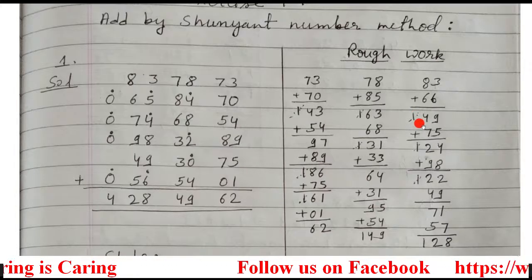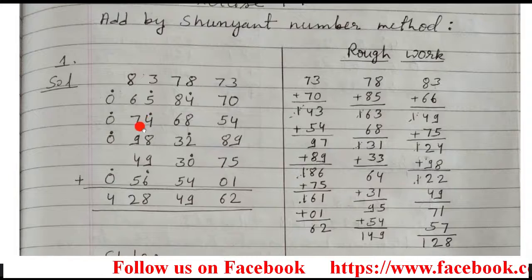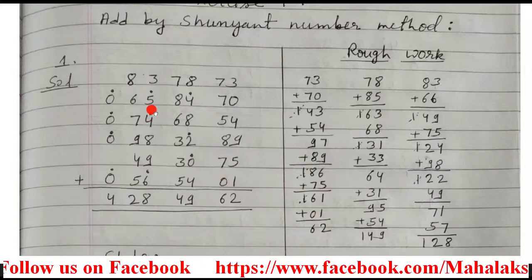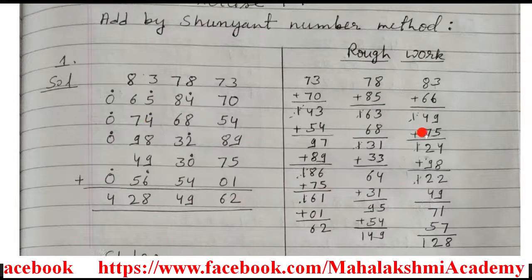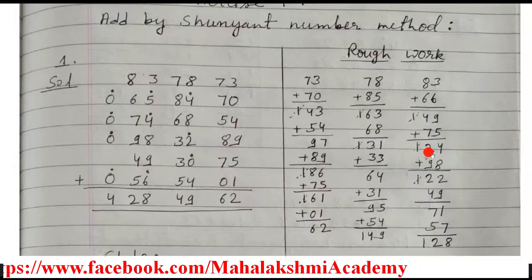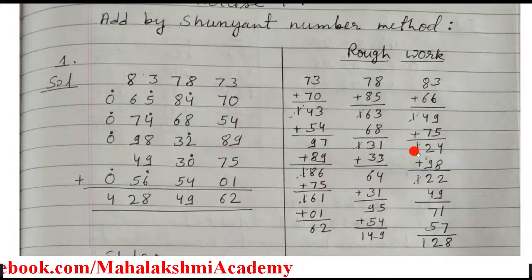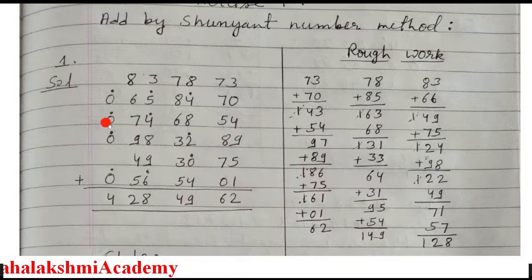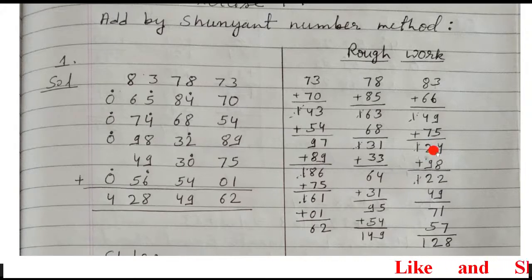Now for the next step, from here we'll pick what is it now, 75, because of this ekadika dot. So this 75 will write here, we'll add it, we'll get 124. So this one again we have to put as ekadika dot, but there is no number, so we'll write here 0, and over it we'll put dot. So this one went. Now we are remain with 24.